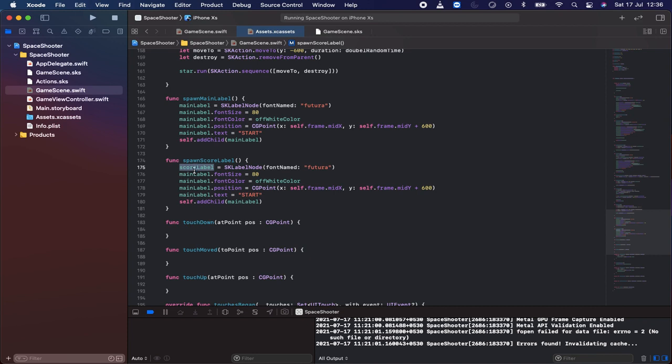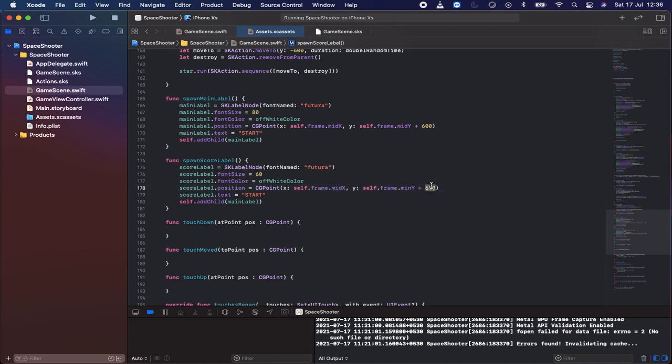You need to change the font, and everything else will be the same. Let's use font size 60, and the color will be white, and from here it's midX and it should be at the minimum Y